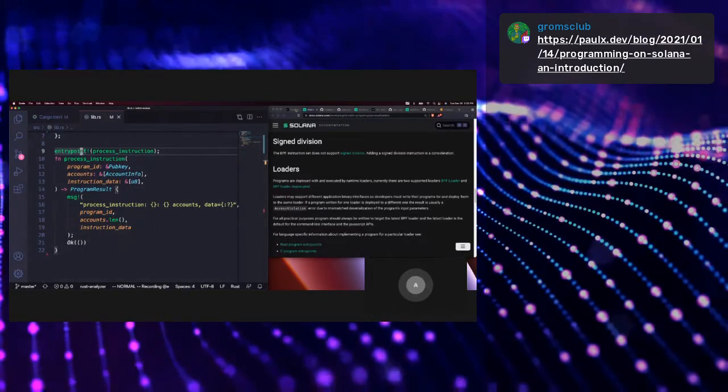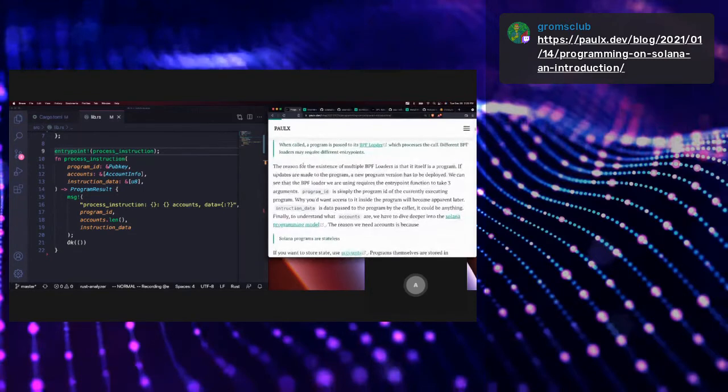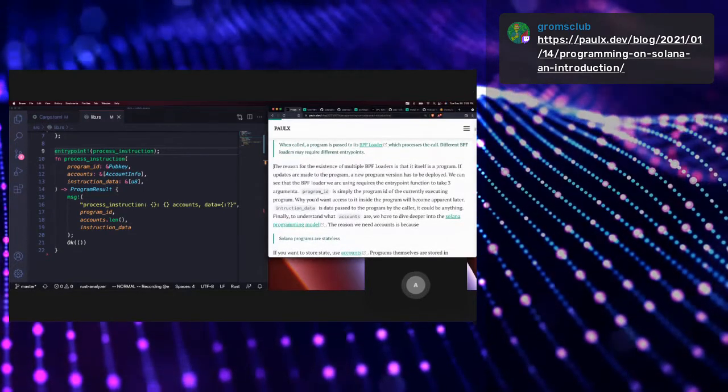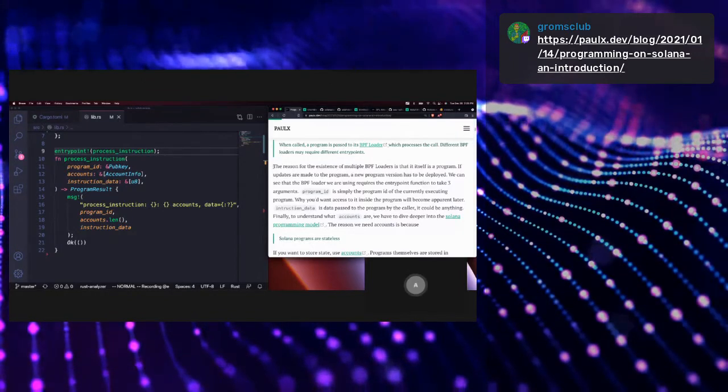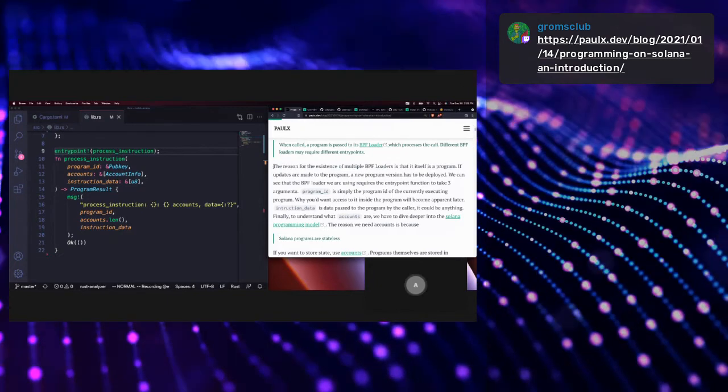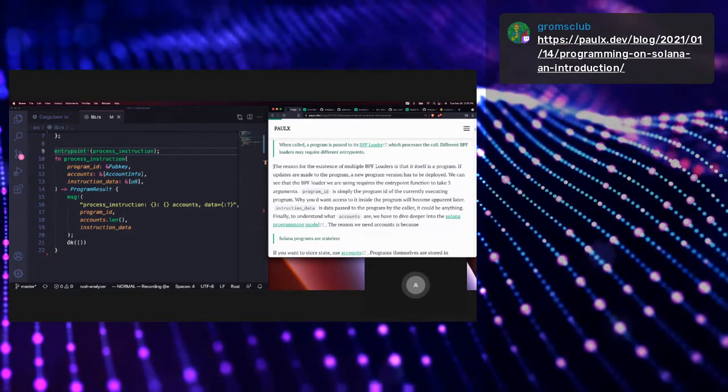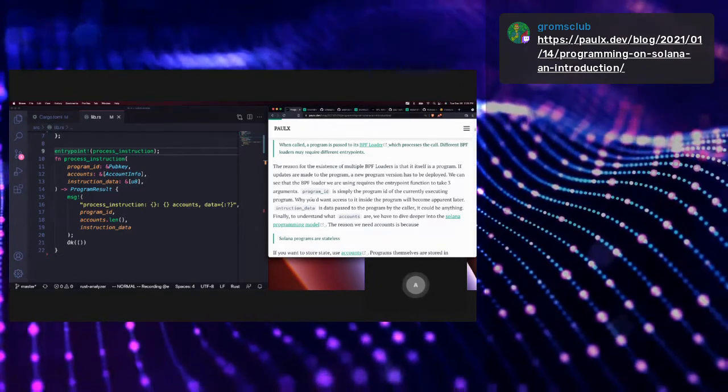That's an important concept to understand as we go forward. So let's read through this again. The reason for the existence of multiple BPF loaders is that a loader is itself a program. If updates are made to the program, a new program version has to be deployed. We can see that the BPF loader we are using requires the entry point function to take 3 arguments: program ID,